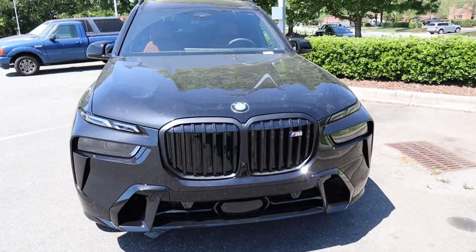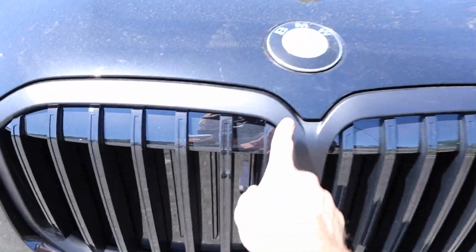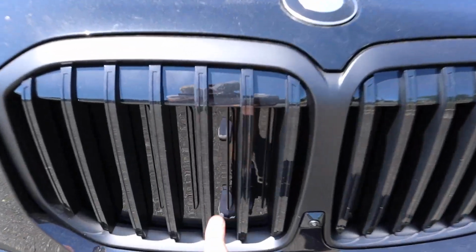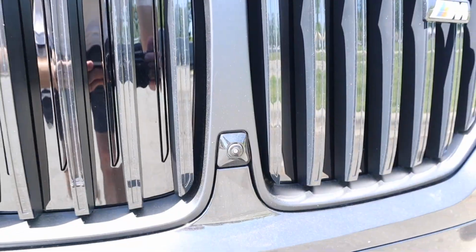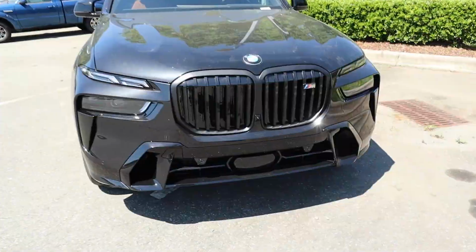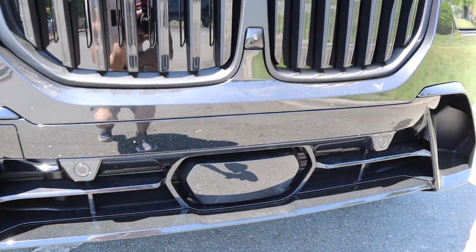Now for the exterior, you will notice that for the kidney grille, it's finished off in matte black for the entire surround, with everything else gloss black. There's even active grille shutters that will open to provide additional cooling. There's a forward-facing camera along with all these sensors, even the sensor in the lower section for that adaptive cruise